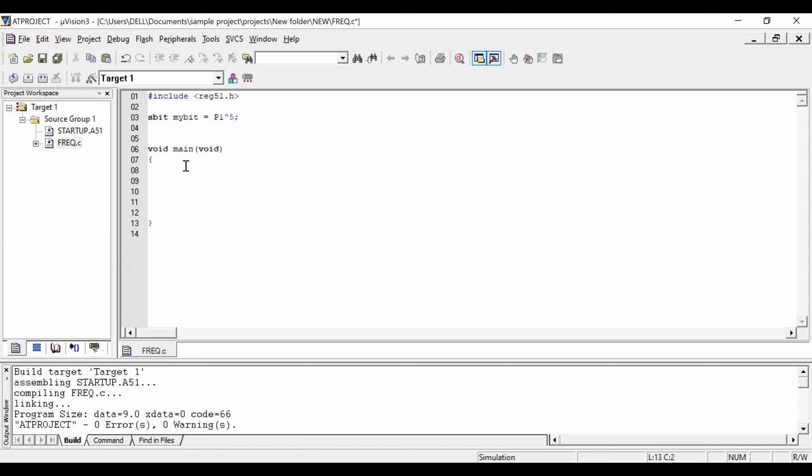In this main function, my first operation is to toggle my particular pin. Whatever changes I do here will be reflected on the pin. Every time I'm going to toggle by using the complement symbol.